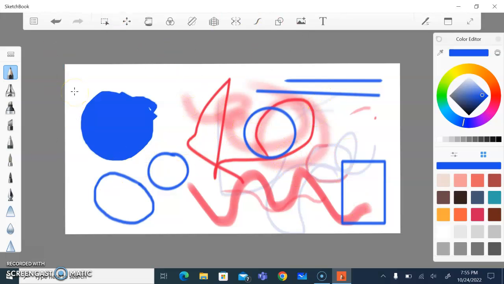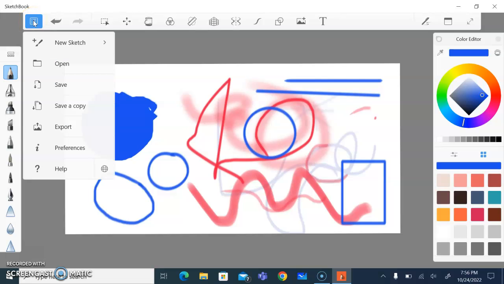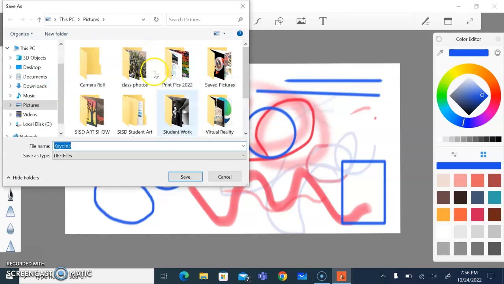The other thing I need to show you is how to save this project. There's two ways to save it. Up here on the left hand side, this little square that looks like a list with bullets is your main menu. When you click on your main menu, these little icons help you know how you are saving or what it is that you are doing. Of course, the folder means you're going to open up a picture. You've got this file here with a little arrow, meaning that you are downloading the picture as a file. When we click on save, it's going to download this picture